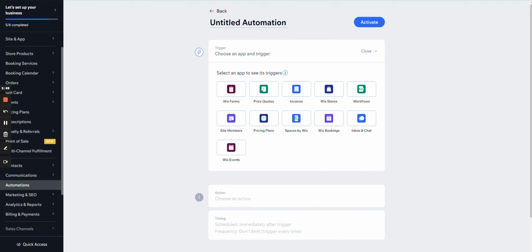So this is the screen that it's going to take you to. And I encourage everyone watching this to be as detailed as possible when it comes to naming your automation. As you grow and scale, you want to make sure that these things can be easily found, just in case there's an issue or a piece of information you want to change earlier or later. So what we're going to do is work from the very beginning, which was no consultation set. So we're going to say